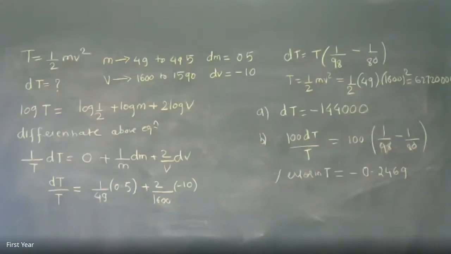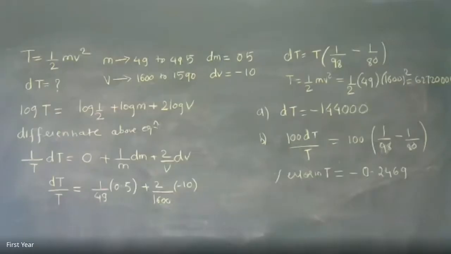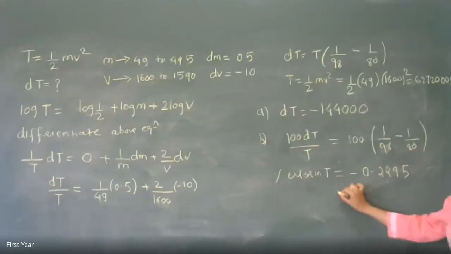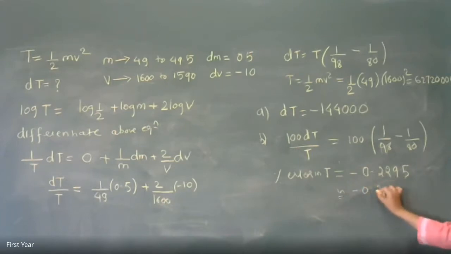Please check it once again. Everybody has kept the mode in radians, na? Minus 0.2295. Yeah, this question I know properly, because the answer which is given in the text is wrong, and that's why I have calculated it. It is not minus 2.4. It is minus 2.2 something, 2295. So approximately you can say minus 123.